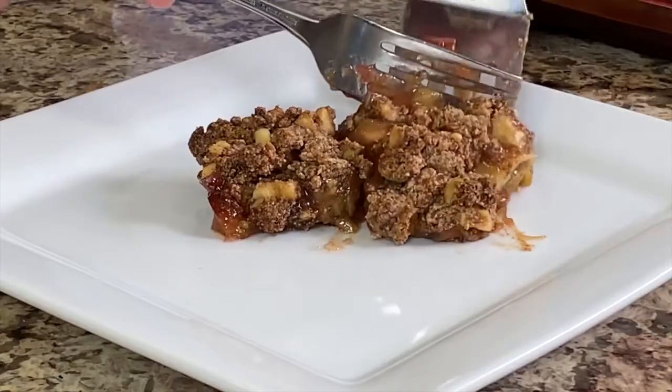And then you got a little bit of walnut crunch in there. The butter is in there too. I mean, it's so buttery and delicious. You're going to love it. So if you just happen to be looking for a rhubarb pie recipe, maybe you want to make a pie instead of a crisp,